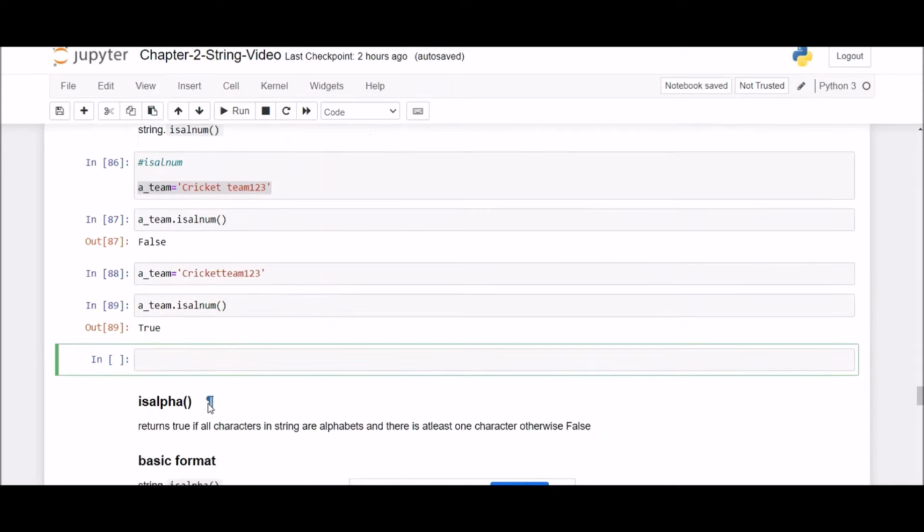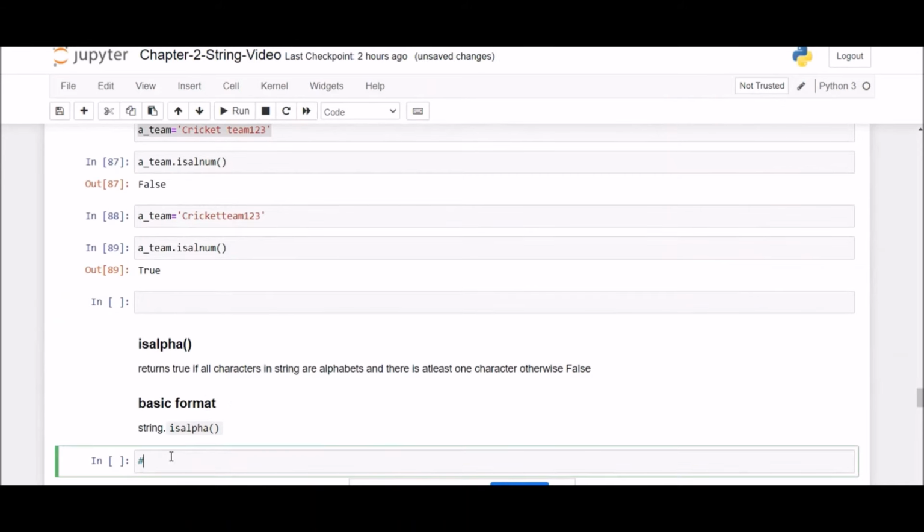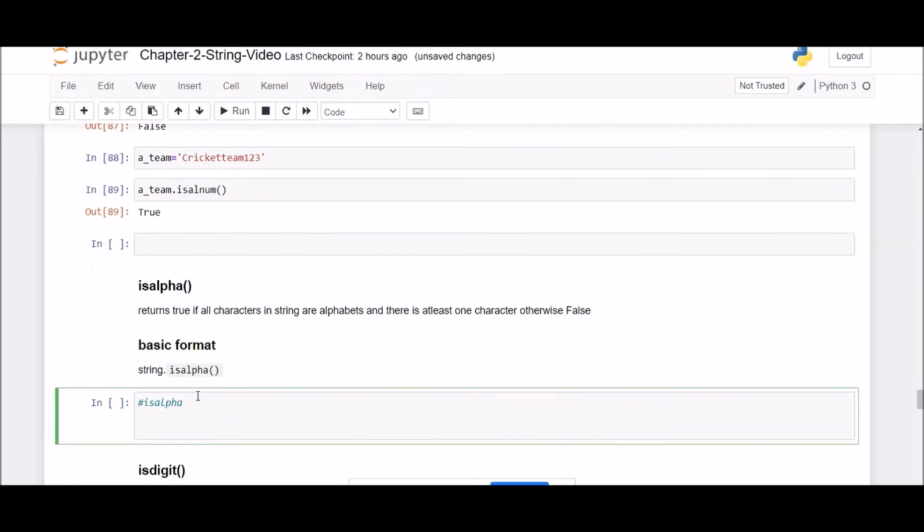Let's move forward and understand isalpha. It's only alpha over here. What does this signify? It signifies that it will return true only if each and every character in a string is an alphabet.